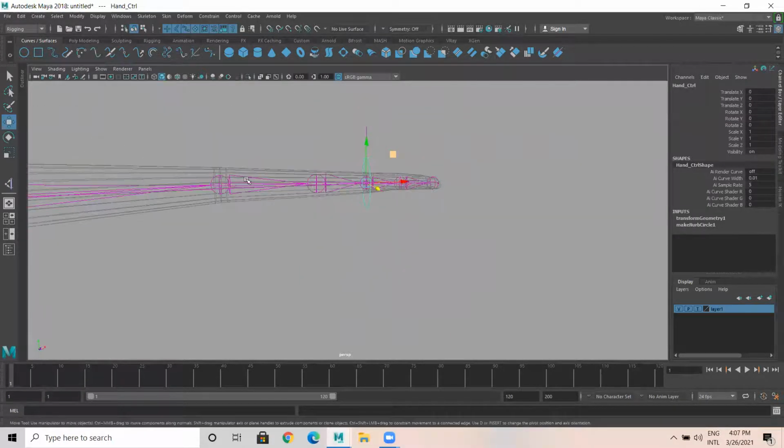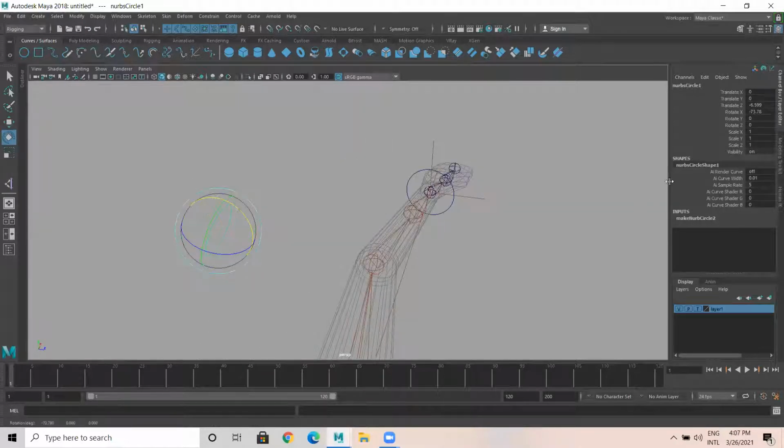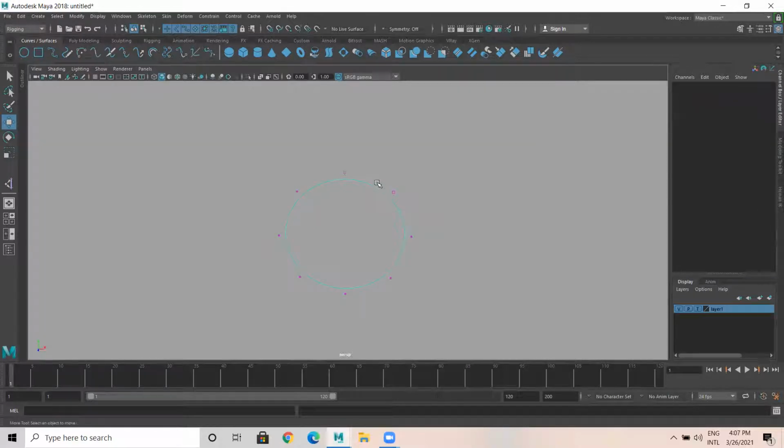So then what I'll do, I would like to create another curve here, and I'm going to rotate this in this way, and I would like to create some shape using this circle. Go to control vertex. I'm selecting these 4 different vertices, and I'm just moving it like this.